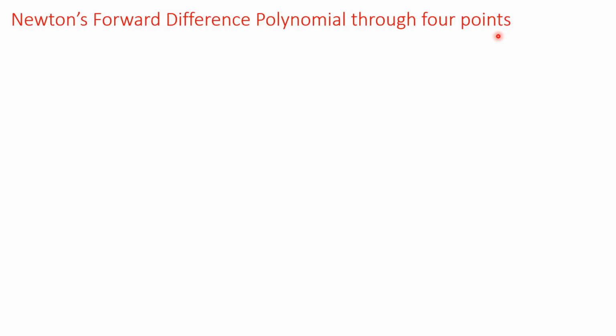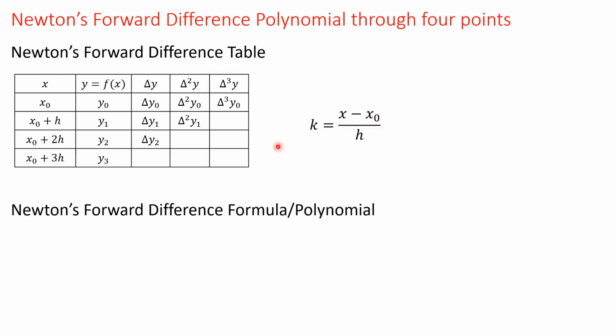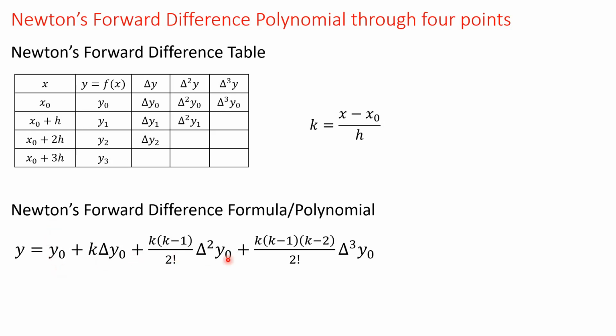Then we can find the approximating polynomial by using Newton's forward difference method. For that, first let us find Newton's forward difference table. So this is a Newton's forward difference table. Now here let k be equal to (x minus x0) upon h. Then Newton's forward difference polynomial is y0 plus k times del y0 plus k(k minus 1) upon 2 factorial del square y0 plus k(k minus 1)(k minus 2) upon